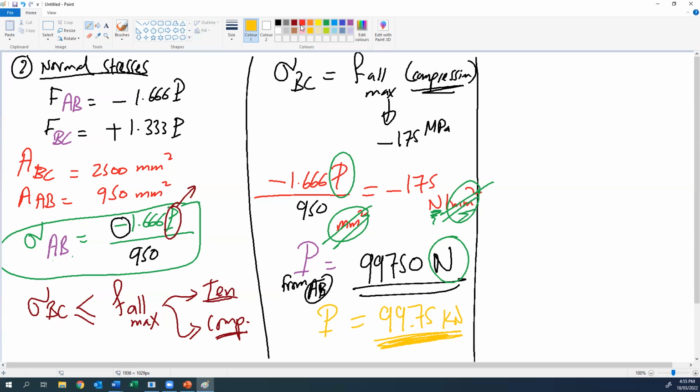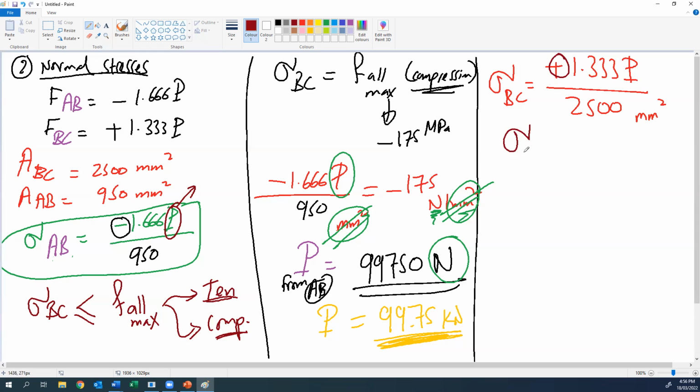For member BC, we know that sigma BC will be the force in BC, which is positive 1.333B divided by the area. What is the area of member BC? 2500 millimeter square. Okay, this member is under tension, so we should know that member BC